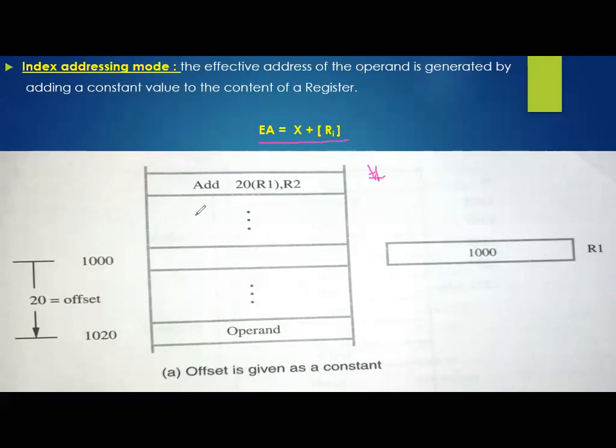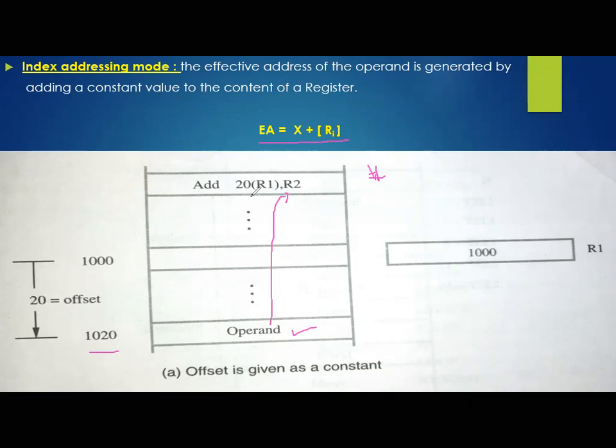But here we have a constant. What we need to do is come to this targeted address, the indirect address, then add this constant to this particular address. What is that constant? 20. 1000 plus 20, then we have a deflection from this 1000 towards 1020. How many points? 20 points, exactly. 1000 plus 20, 1020. And 1020 is the original operand that you want to add with R2.